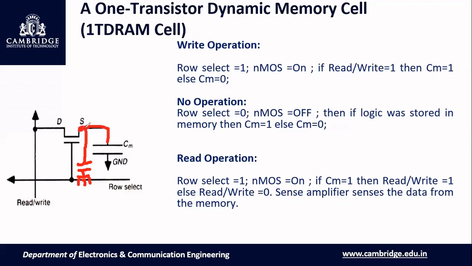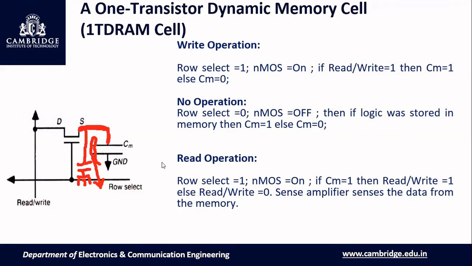This wire will also have some parasitic capacitance. Because of that, the charge which is stored in this capacitor may decay. A capacitor, if you charge it and keep it, will it hold for a longer duration? If it doesn't have any means for charging, then it will drain, obviously. So this capacitor will decay